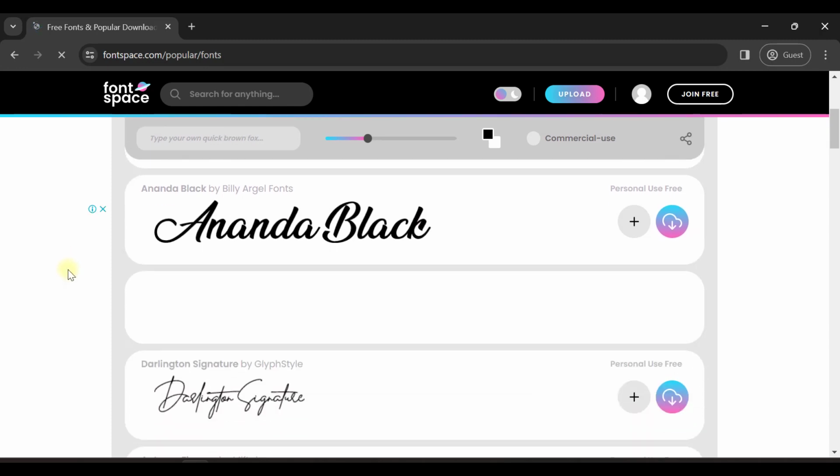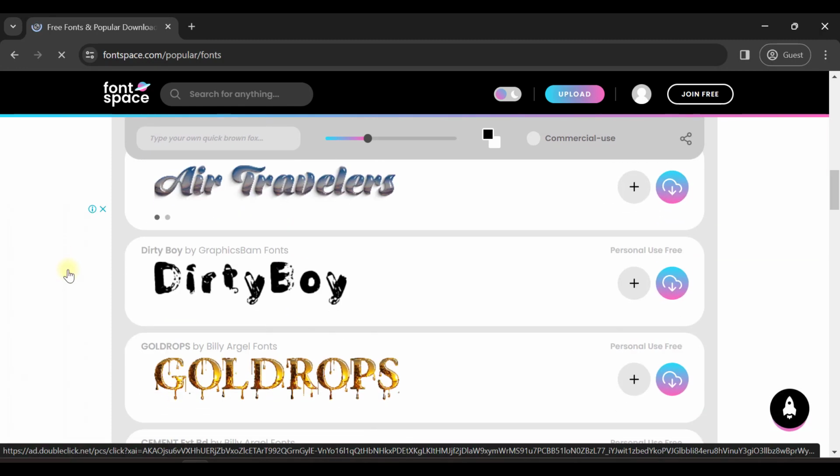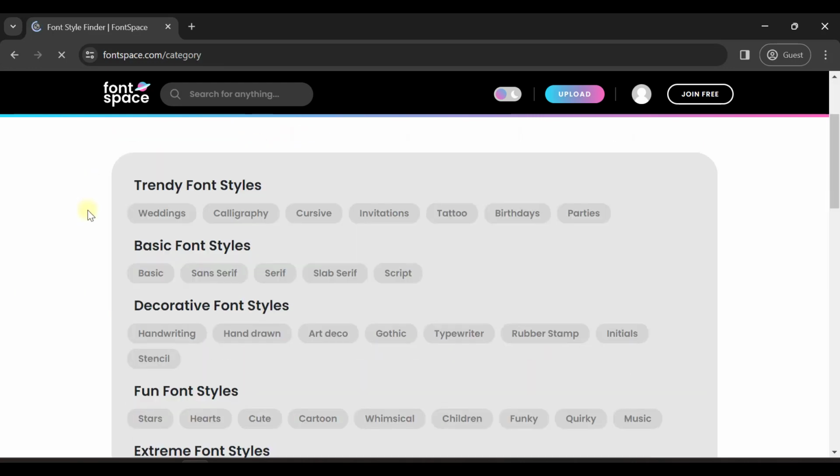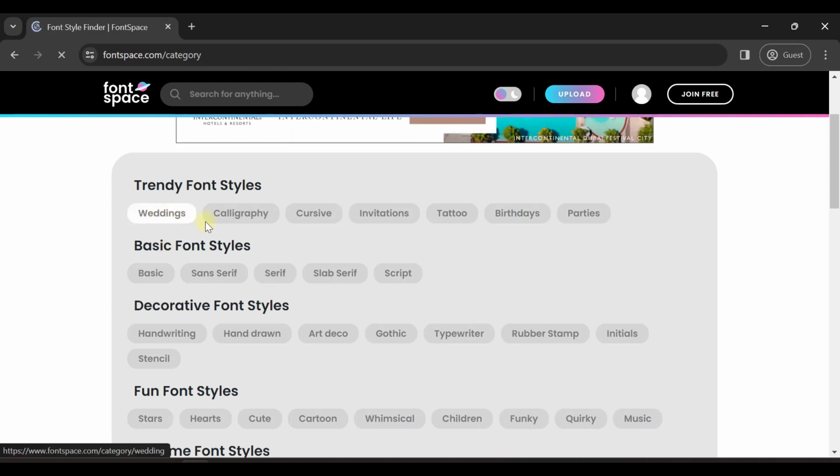and here you can see that they have different fonts available, and on top of this they have bucketing as well. So you can choose from different styles, collections. So let me go to styles. And here you can see that there are predefined styles available. So there are fonts for weddings, calligraphy, cursive fonts, fonts you can use in invitations, tattoo as well. So let us go to cursive,